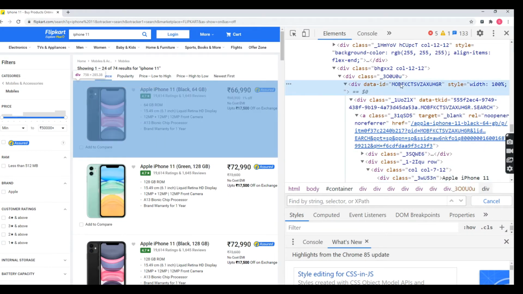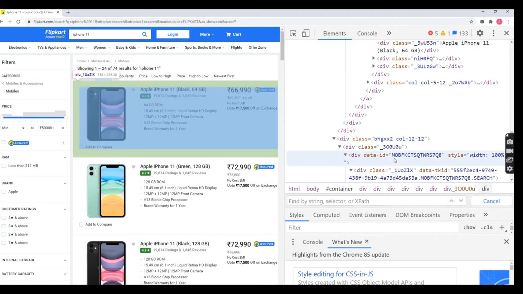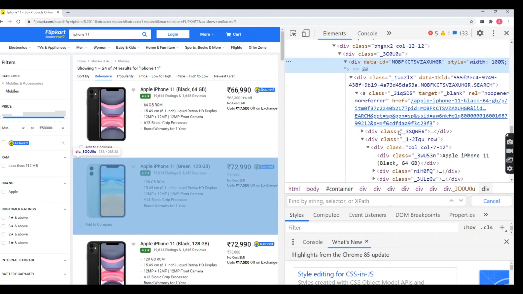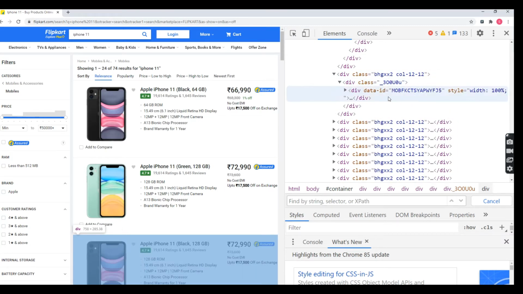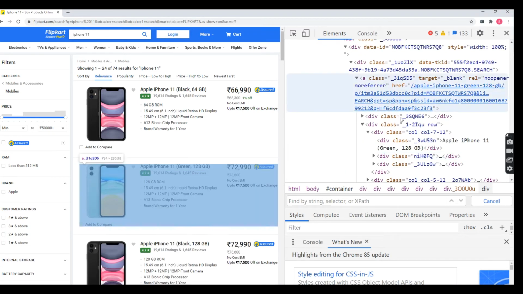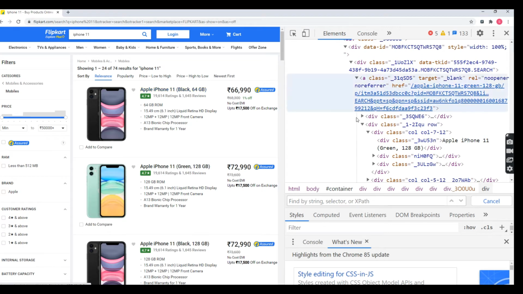Here I am going to take this one. So this is also a random character, right? Yes, obviously correct. But you can see the first three letters are common to all divs: MOB, or here also MOB, and here also we are able to take MOB. So the remaining characters will change each and every time. So this is a dynamic XPath. The dynamic XPath changes each and every time. Please don't rely on that one. So I'm using these three letters. I'm going to take an XPath for this text.